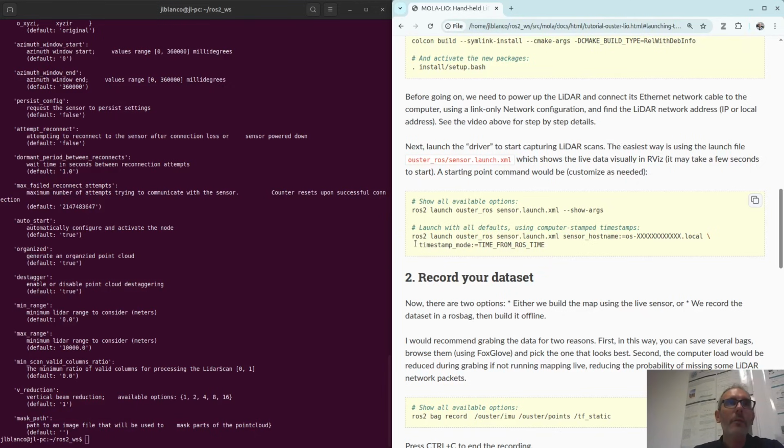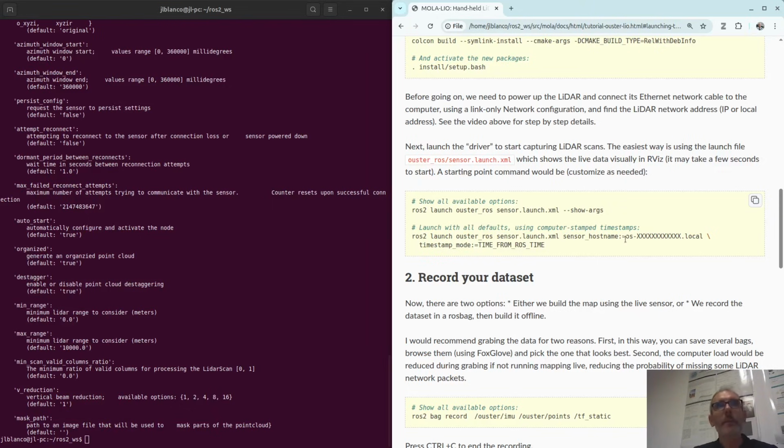So it's not the most accurate way of timestamping, but if you use this one, it would use the real clock timer of the computer for timestamping. For a more accurate method, you need synchronization with GPS data and so on, but this one is a really good starting point.